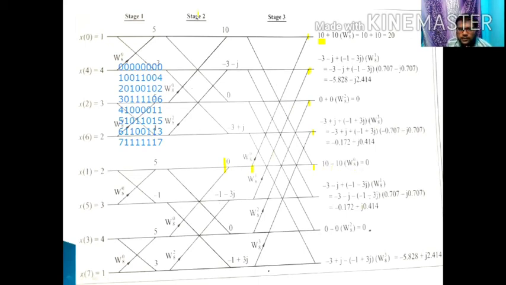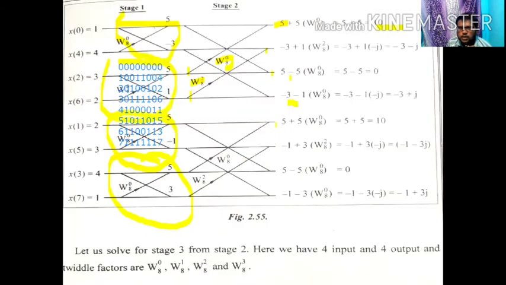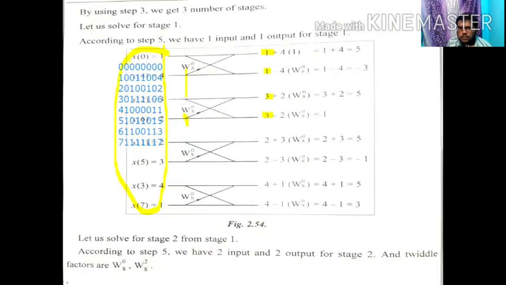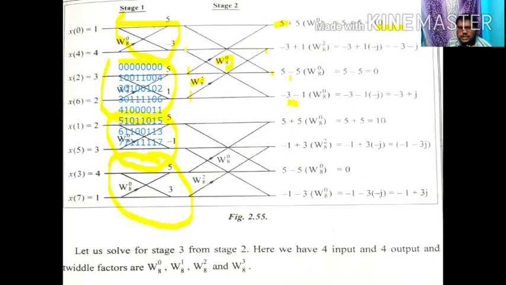Look at this point in every butterfly stage. You just see the beauty of this butterfly. First point is A plus B W N K, so the second line will be A minus B W N K. Similarly here, A plus B W N K, A minus B W N K. In the second stage, the first point is A plus B W N K, the same value; the next, fourth input, comes here as A minus B W N K. Similarly for this and this, correlated here. Likewise these 2 points, A plus B W N K and A minus B W N K.